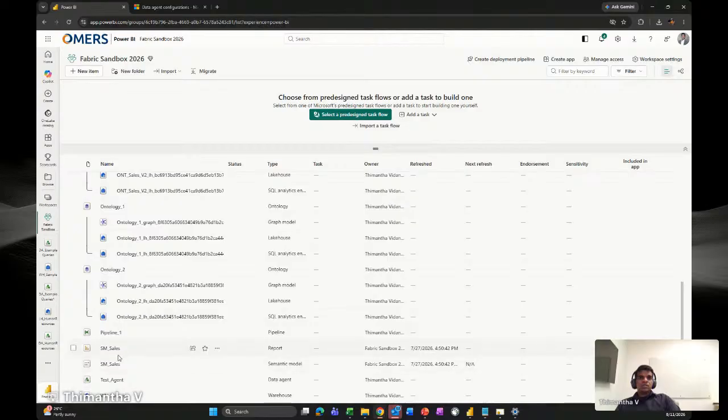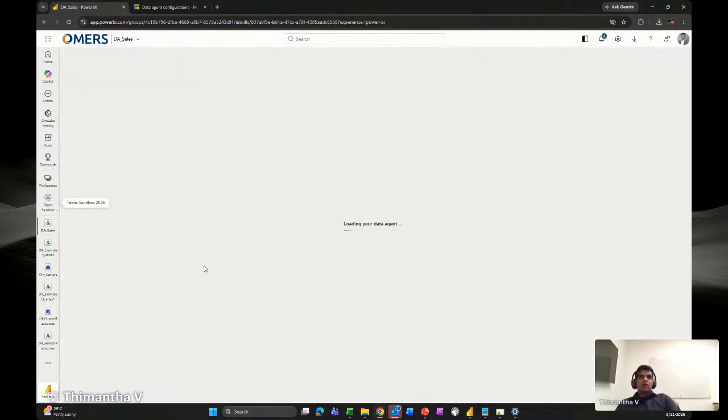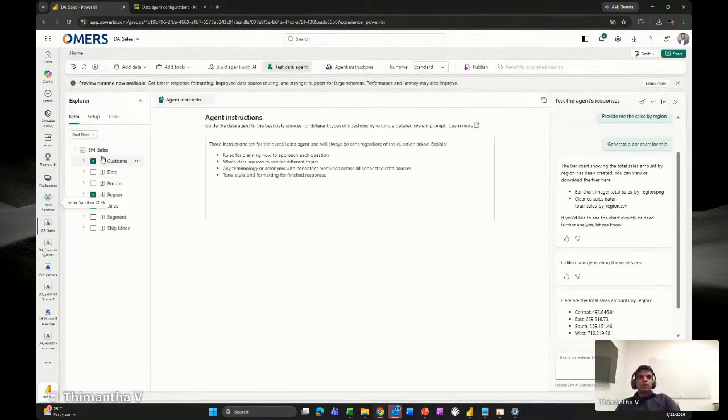So in this case, this is the data model that I had published, and I had called this data model with another data agent, and this is what it looks like, right? And in this data agent, if you go to the setup tab, you can only see agent instructions. You wouldn't see anything related to the data source level, because the data source in this case is primarily our